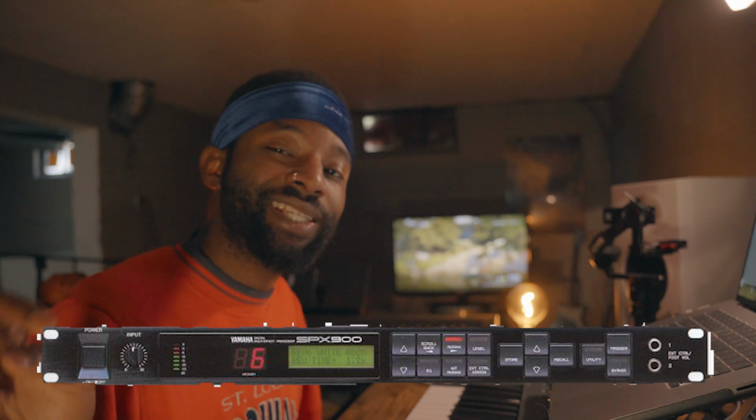But there's this one piece of hardware they brought up that I'd never heard of before. And that piece of hardware is the Yamaha SPX 900. Now I know you're probably like, what the hell is even that? Let me educate you real quick. The Yamaha SPX 900 was a professional multi-effect processor. They had all these cool effects, like reverb, saturation, delay, a lot of cool stuff, right? But there was this one effect that Dilla loved more than anything else on that whole piece of hardware, and